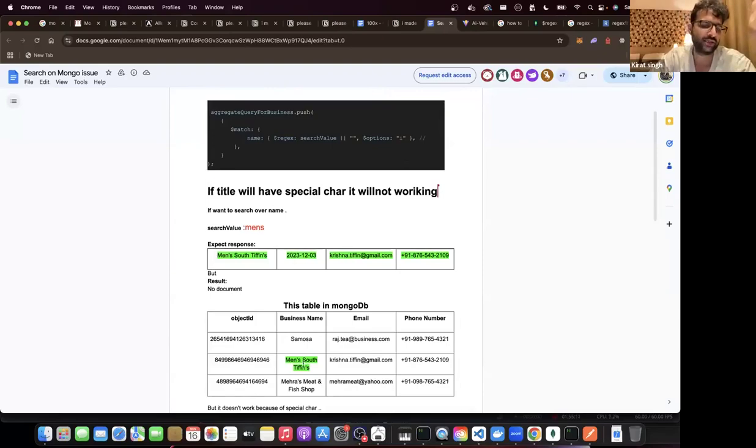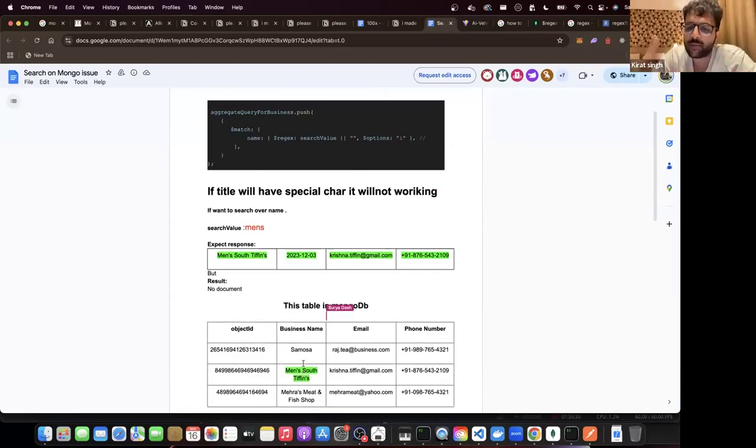Okay, firstly, you're trying to do a regex, which probably makes sense. There's probably an easier way to do it. Actually, that might not be. You're right. I think this is how you do search in MongoDB, right? This is the table in MongoDB. आपको name पे search करना है. You want to search on the name. कि किसी ने MEN लिखा तो उसको वो वाली रो मिल जाए. Is that correct?